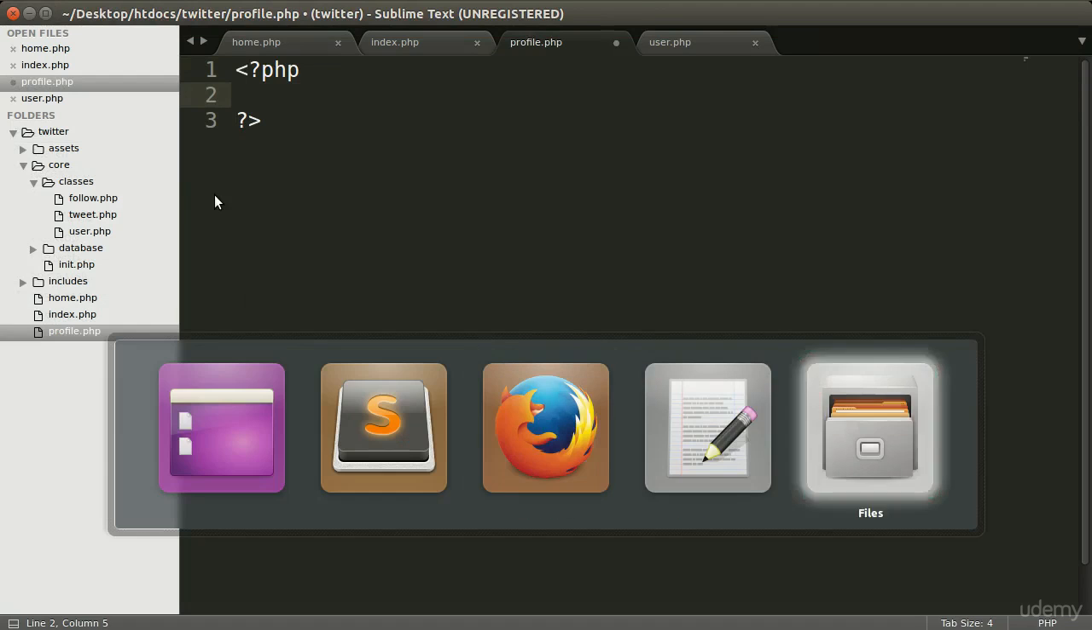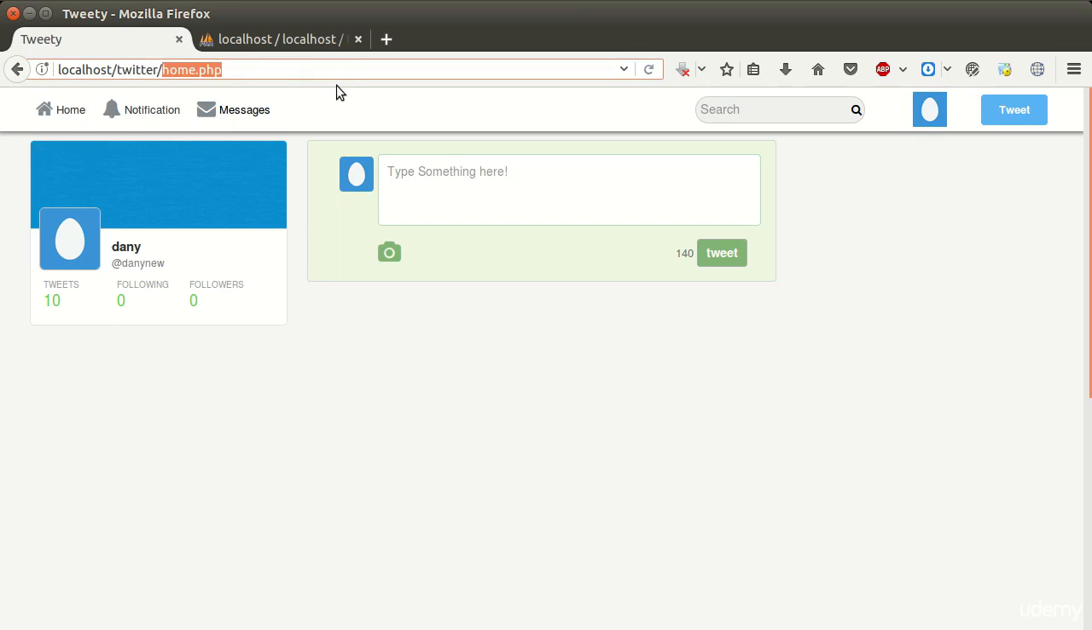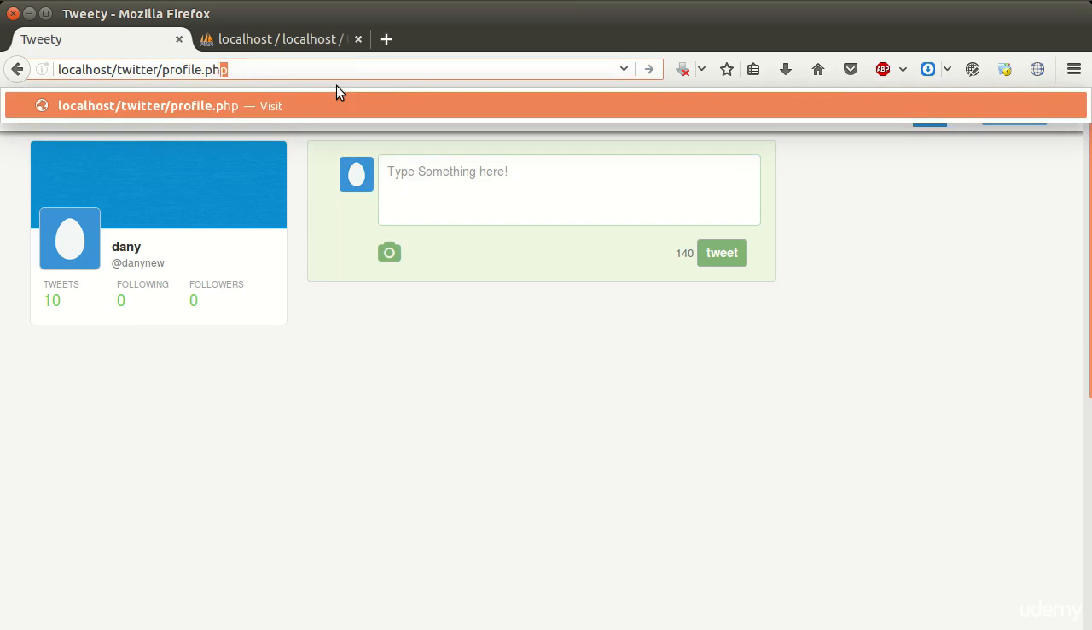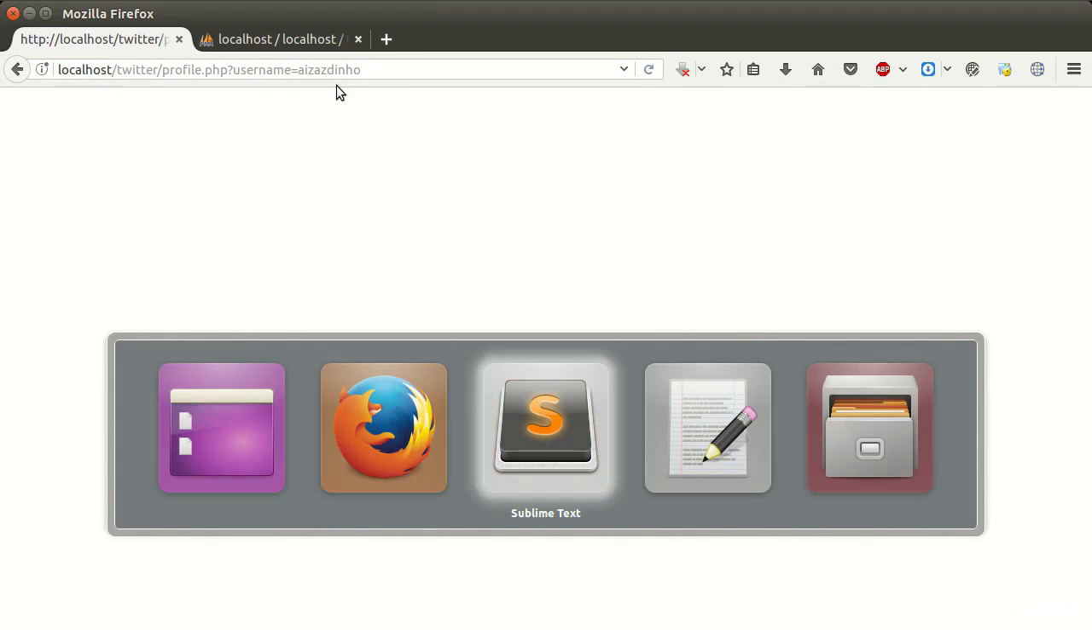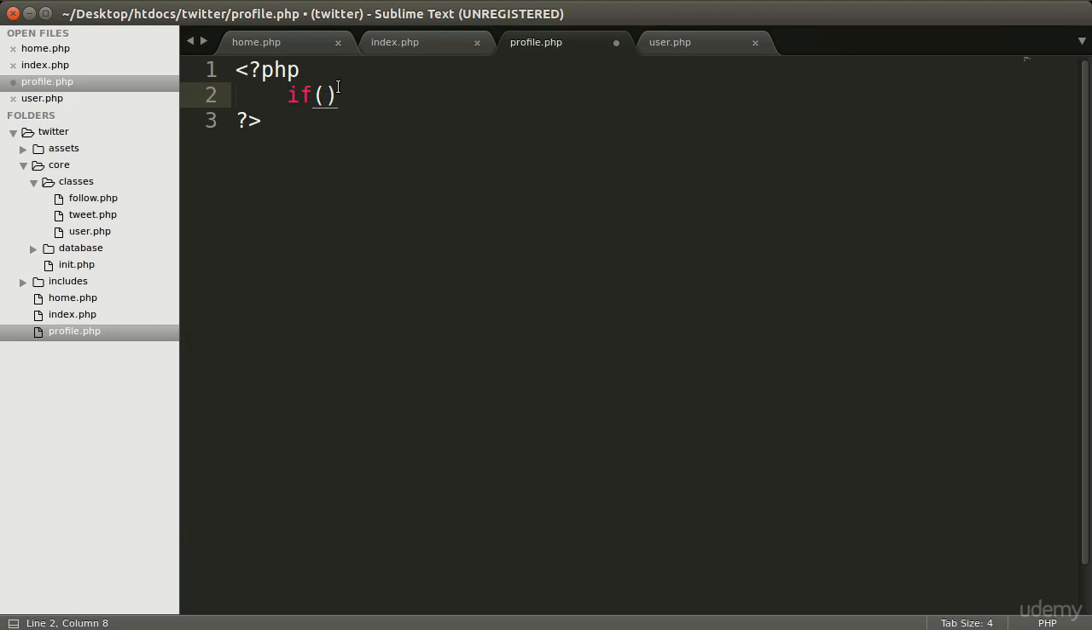the URL. So if the user tries to access the profile like this, profile.php and a question mark, and here will be our username GET variable, and this will be equal to the username which we want to get from the URL. Let's go to the profile.php and create an if condition and type isset $_GET to get the GET variable from the URL, and here will be username, which will be our GET variable, and this will be triple equal to true,